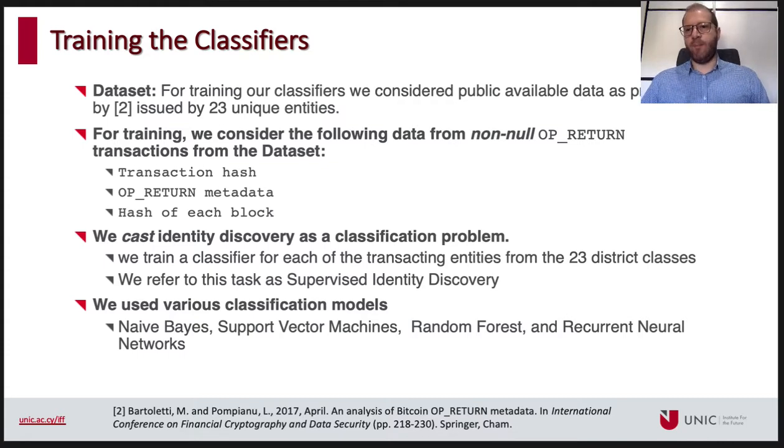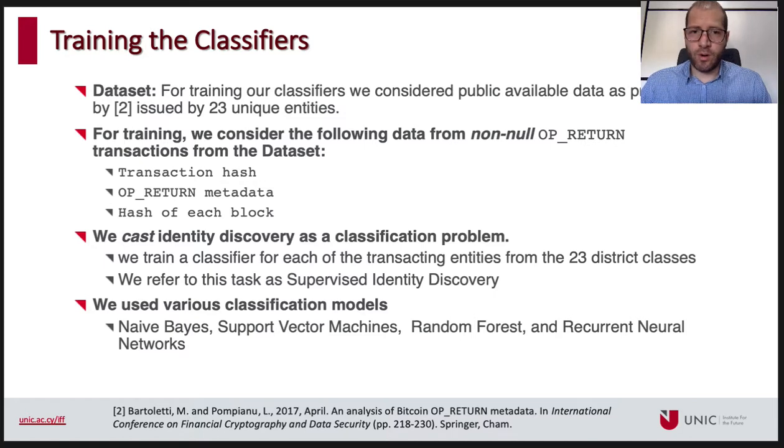In this work, we cast the problem of identity discovery as a classification problem. For training our classifiers, we have used the dataset previously described, provided by the work of Bartorelli et al. They published some information with regards to this dataset and an analysis they described in their paper. We used that publicly available dataset to train our classifiers from 23 distinct